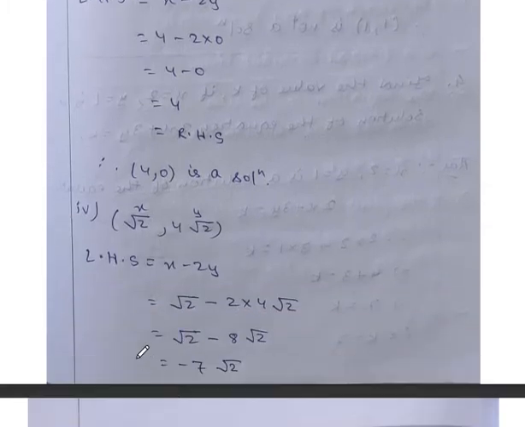Now the fourth one I have to test, root 2 and 4 root 2, one is x, one is y. Left hand side of the equation, x minus 2y, x is root 2 minus 2 into 4 root 2. 2 into 4 is 8 root 2. It is 1 root 2 minus 8 root 2. Since both are root 2, their coefficients can be subtracted. 1 minus 8 is minus 7 root 2. I hope you can understand. In chapter 1 also you have this about irrational numbers. So 1 root 2 minus 8 root 2 gives us minus 7 root 2. This also is not matching with the right side. Therefore this is not a solution.